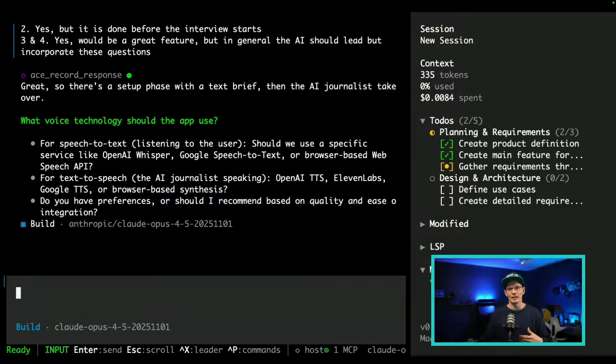And this seems to me like this would be one of the first things we really need if we want this to be completely autonomously building stuff. It still needs to get out what is it we're trying to build and how should it be done. Well, maybe not so much the how, but at least what should be done, and then it should figure it out itself, right? For the speech to text, listening to a user, should we use a specific service like, okay, one, please research this because I have absolutely no clue.